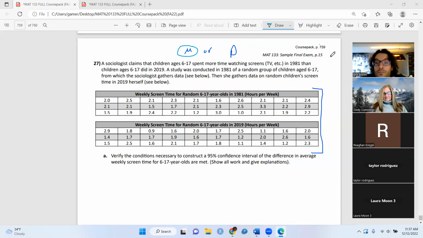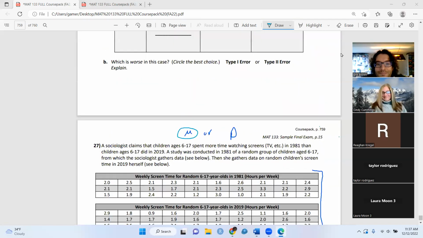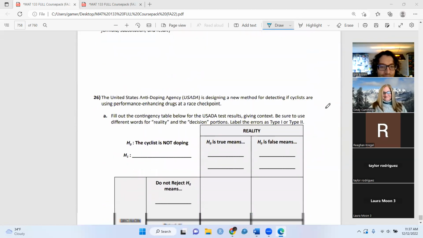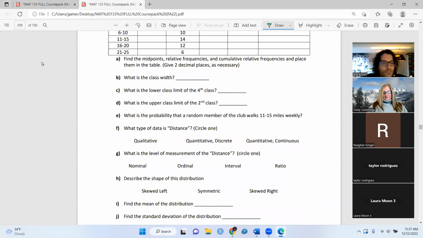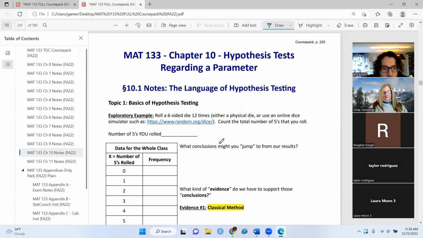On question 26, I feel like I struggle a lot when it comes to this table, and I don't know why. I think I confuse myself because then I look at past examples and what we did, and I'm like, I don't know what to put. So,